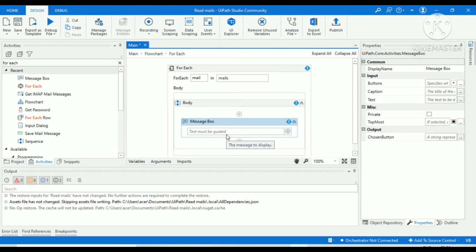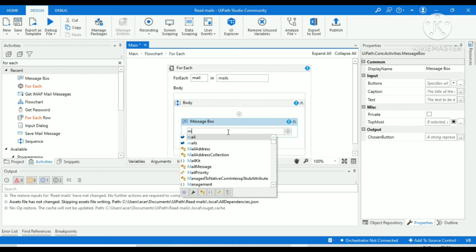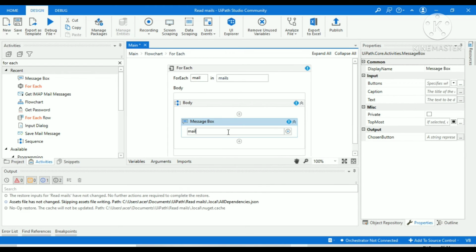In the message box you have to write mail.Sender, mail.Subject or mail.Body. mail.Sender reads who sent the message. mail.Subject reads the subject of the mail, and mail.Body reads the body of the mail.